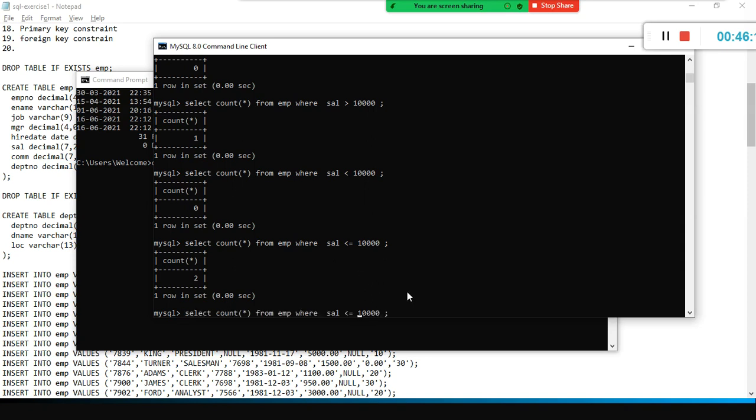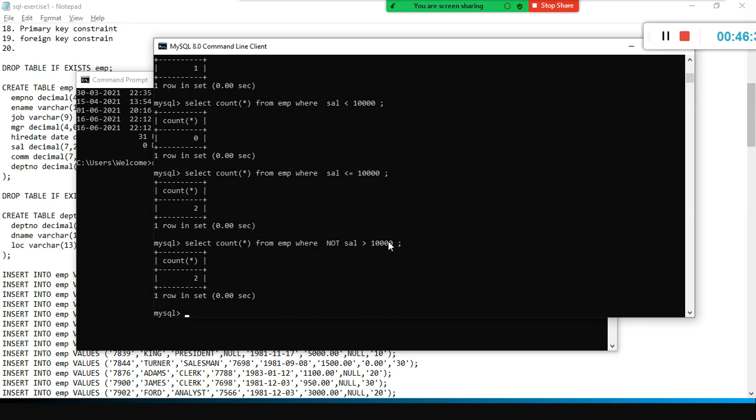If I say salary not greater than, what does that mean? If this is not true, what does it say? Let me see how many of you have a good IQ.